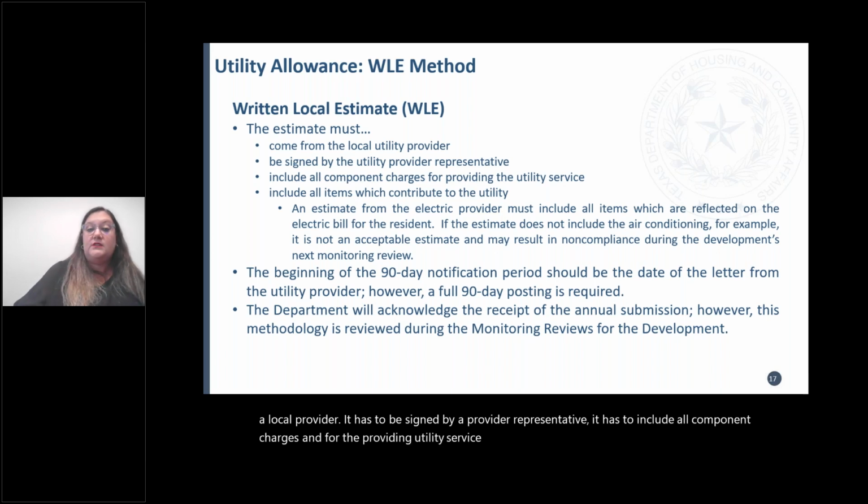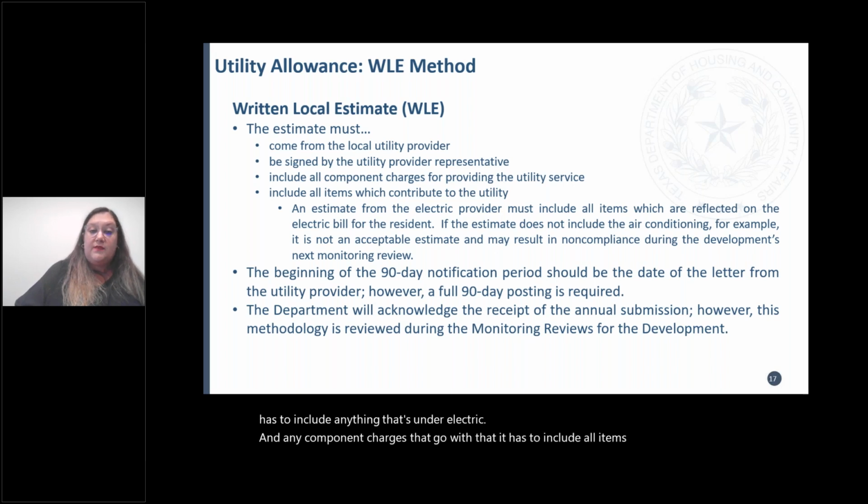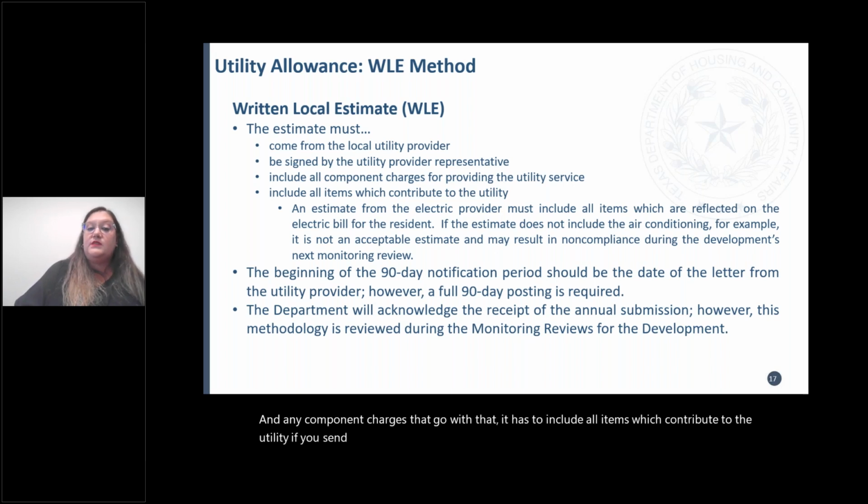So if the tenants are responsible for electric, it has to include anything that's under electric and any component charges that go with that. It has to include all items which contribute to the utility. If you send us a written local estimate that specifically excludes air conditioning, that is not an acceptable written local